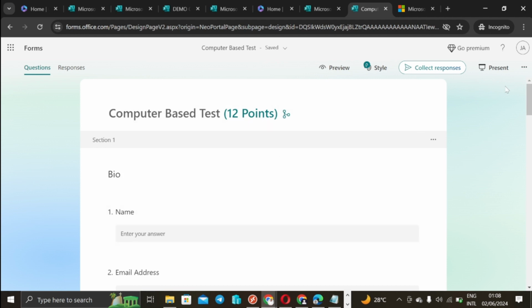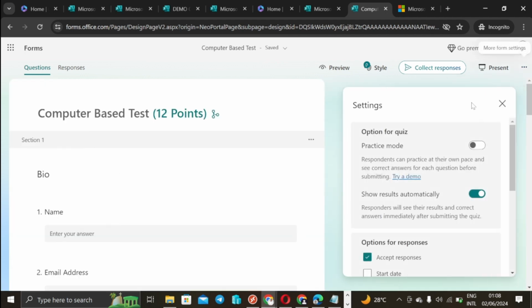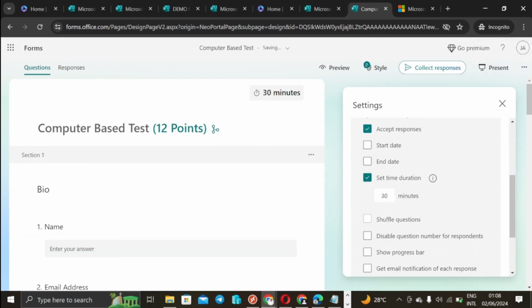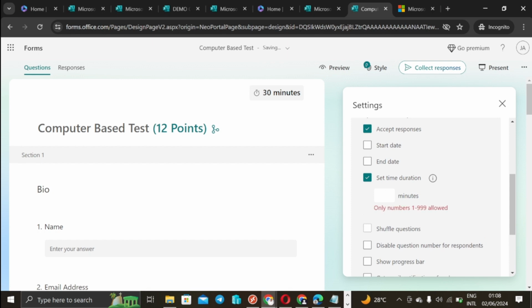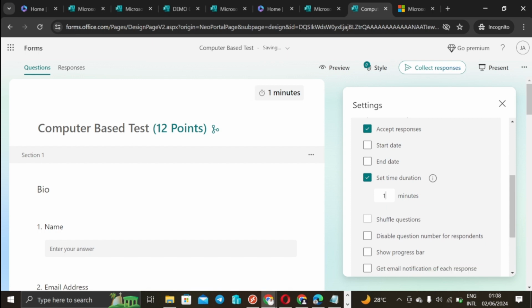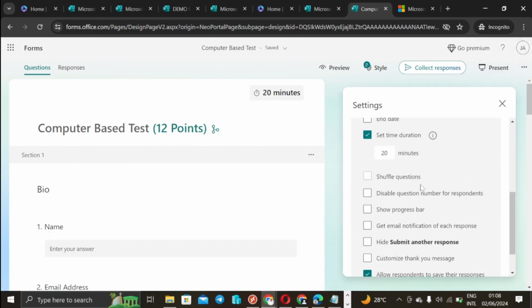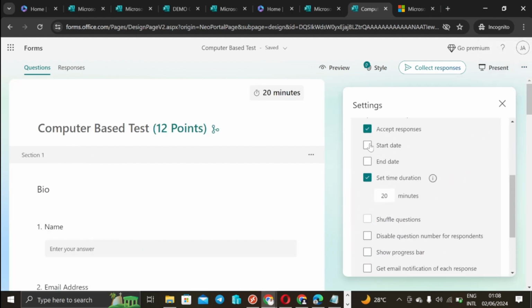Now these are the other settings that you need to do. Coming to this place, you can set the duration that you want this test to take. So you can set duration. You can say this is just a very small test. Come on, let's do that in 20 minutes. 10 minutes is too small. Let's do it in 20 minutes. 10 minutes is even fine, but let's just do it in 20 minutes. But there are other settings I need to show you, which are, for example, do you want to automatically start the